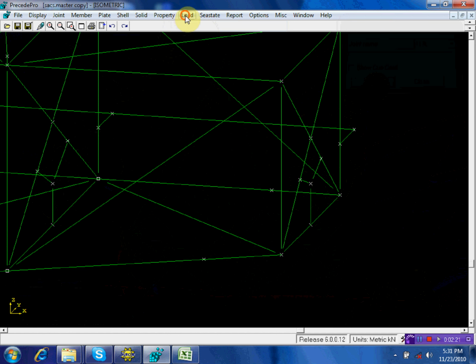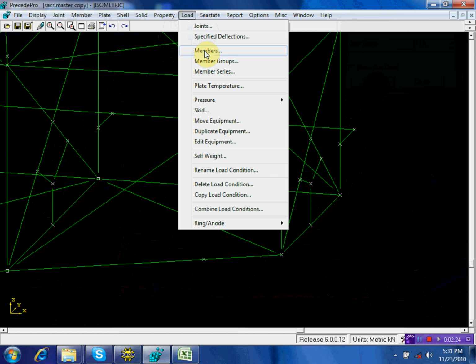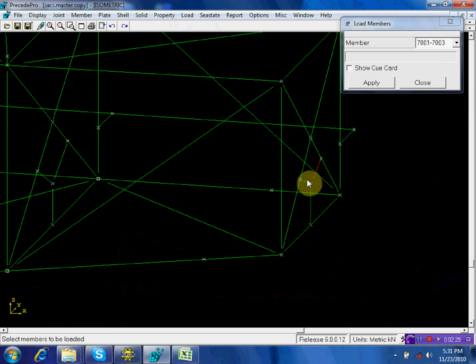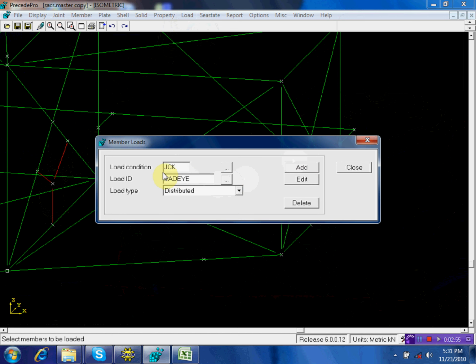So I will go to load, and then it will be members. Okay, member, I will select this member, press Control for a multiple selection, select this member, this one, the other one is this. Okay, and this side, this cone guide here, another here, another here. So you have 6 members to be loaded, all in vertical direction. Press Apply. So in here we have GC key, but it should not be pad I but cone guide,